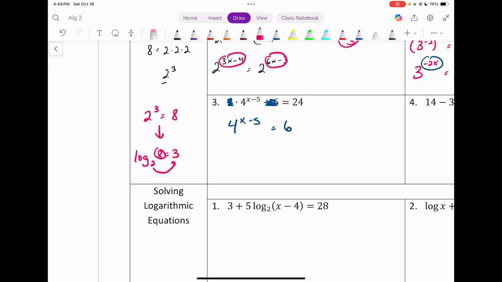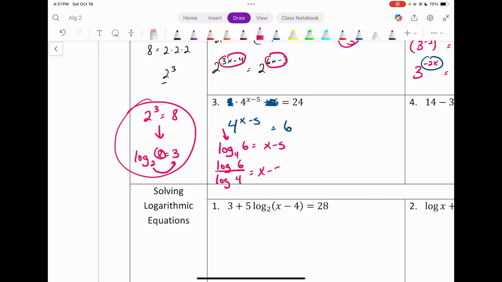We're simply going to change this to a log form. Log base 4 of 6 is equal to the exponent. The same way we changed here, we're going to change it to a log form. This can be typed straight into your calculator. The log base 4 of 6 can be typed in with the change of base formula as the log of 6. Notice it's a natural or a common log now. The log of 6 divided by log of 4